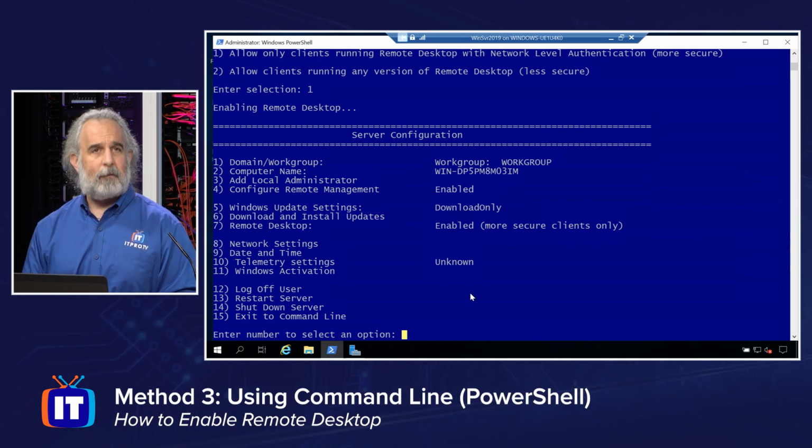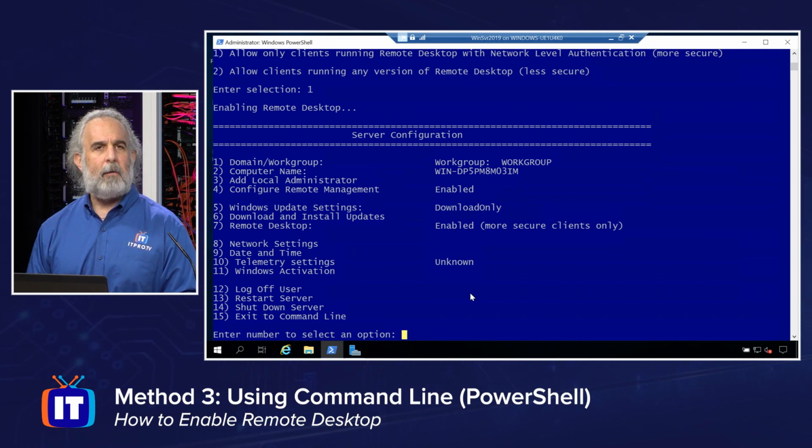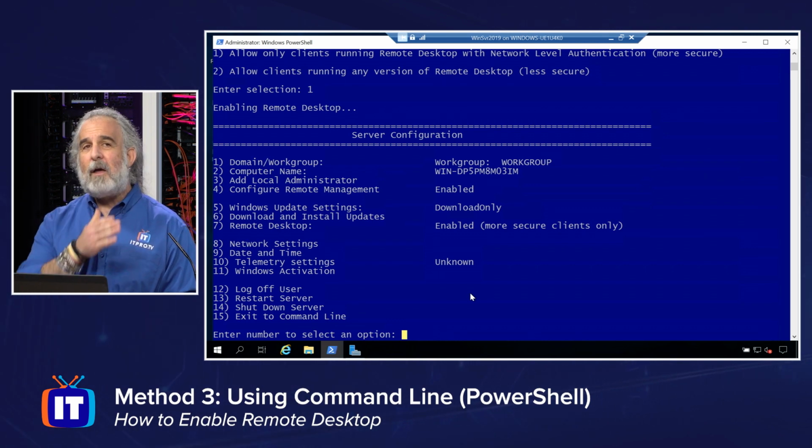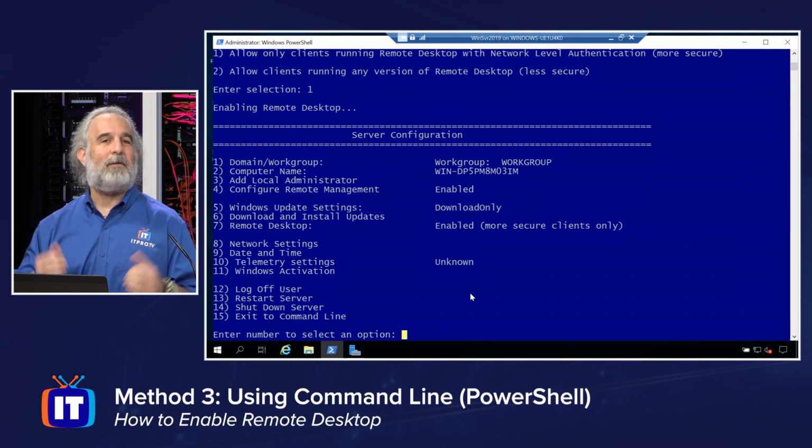So I can enable remote desktop in a variety of ways, both from the graphical user interface as well as from the command line/PowerShell. You can use the server configuration tool to do so. However you choose to enable remote desktop, you now have the tools. All you need to do is go find the version of the operating system, Server 2016, Server 2019, or Server 2022 that you want to operate on. You know how to do it, and you'll be successful.